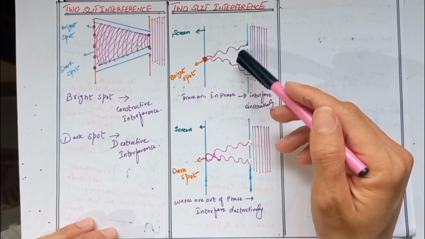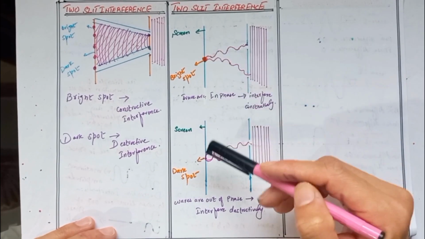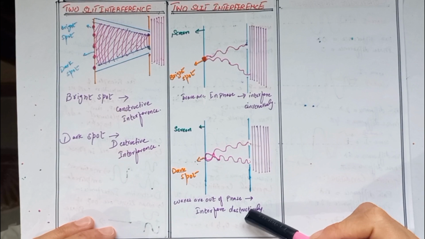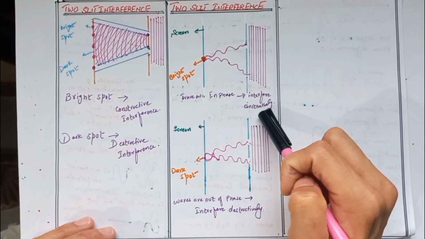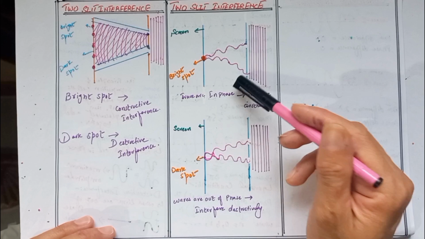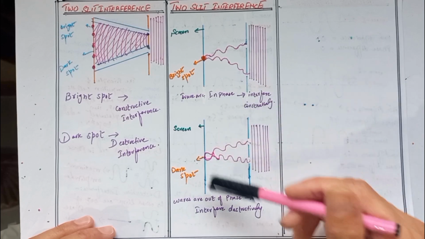So then we have on our screen the bright spot while we have a dark spot. It is true that in case of dark spot we have the destructive interference, and in case of bright spot we have the constructive interference. But the real reason behind these two types of interference is the path length difference. Now we discuss the path length difference of our two rays of light.